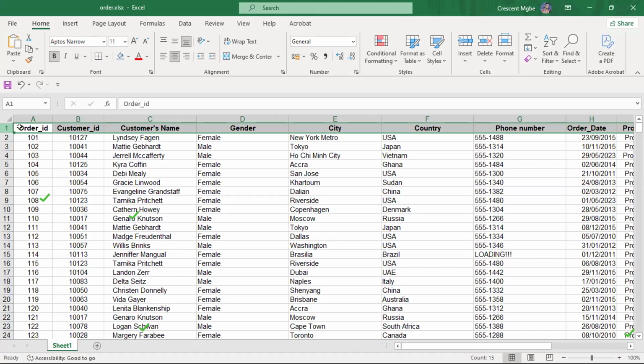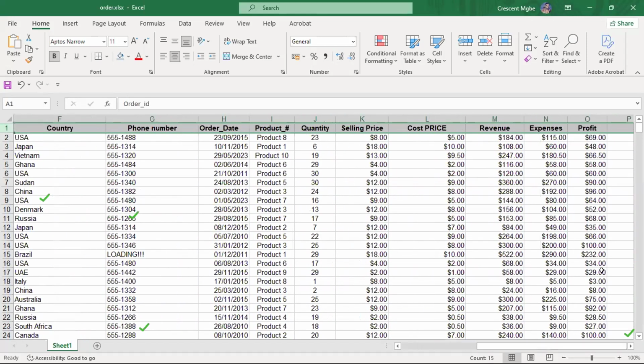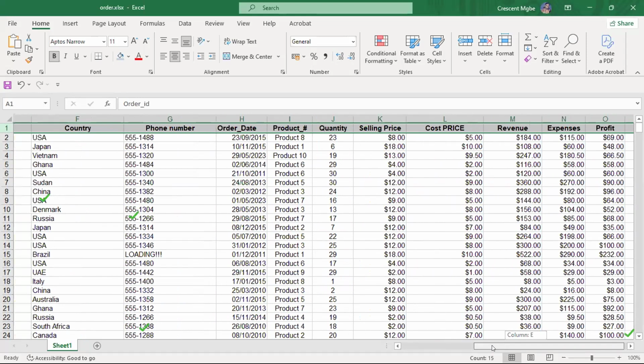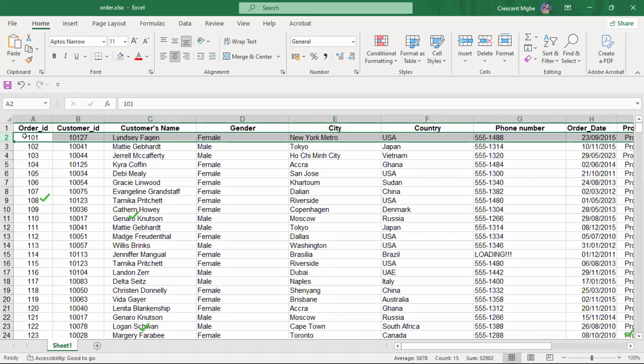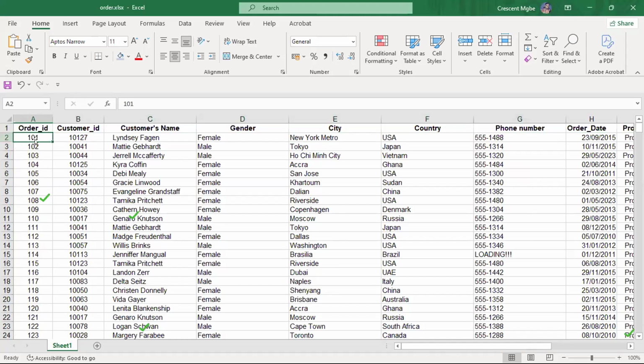So this first row is talking about the column names, the column headers. Everything in this first row is talking about column headers. Look at it: order ID, the name of the column, customer ID, name, gender, city. You cannot come here and see a customer's actual name. Even if you scroll to the end, all of them are header titles. Then if you come to the second row, it is talking about order ID 101, the first